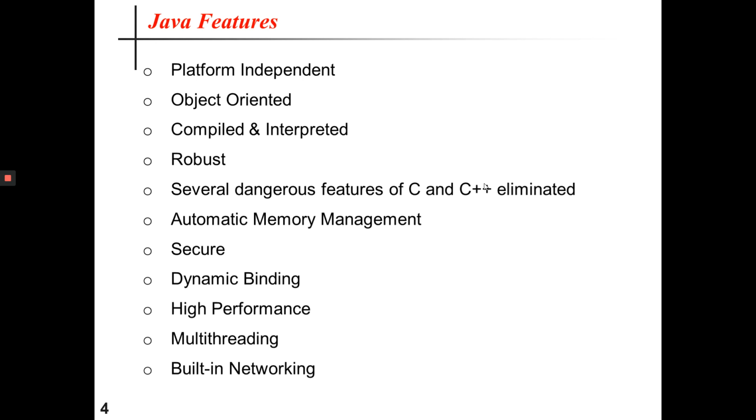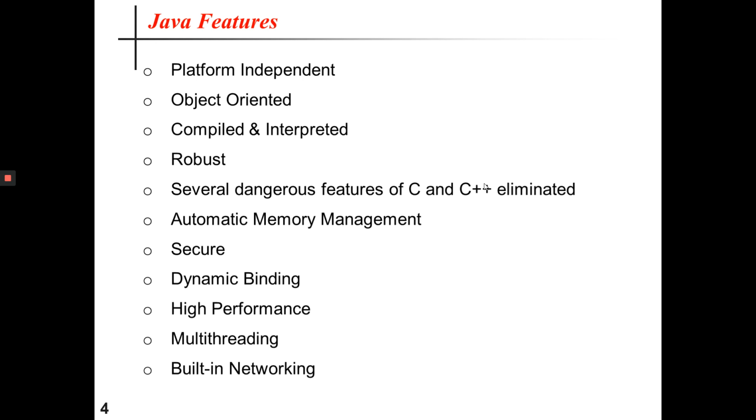Next comes dynamic binding. The linking of data and methods, that means the fields and methods to where they are located, is done at runtime. New classes can be loaded while a program is running. Linking is done on the fly. Even if libraries are recompiled, there is no need to recompile code that uses library information in terms of classes in the programs.